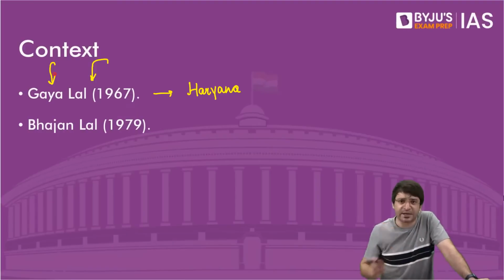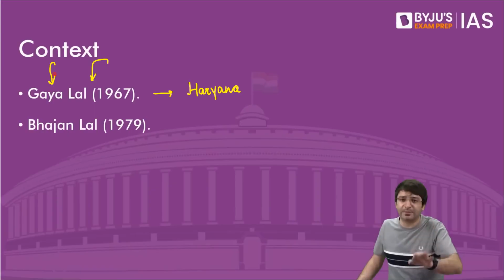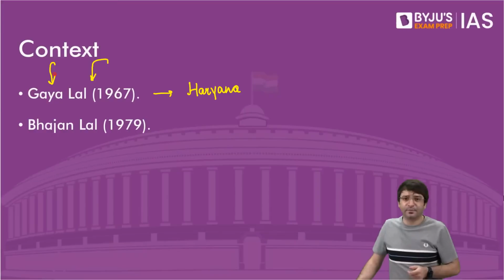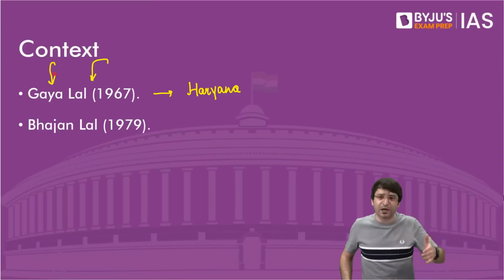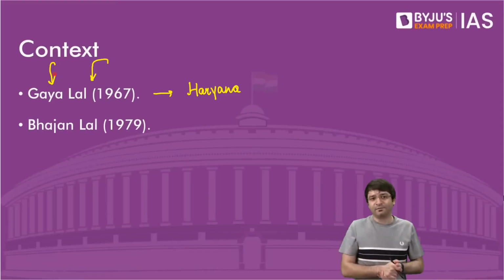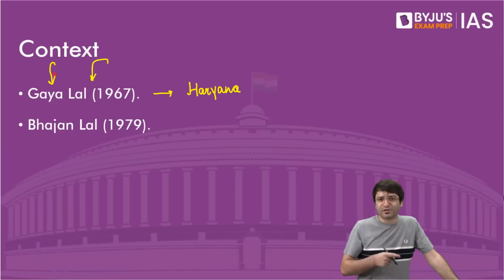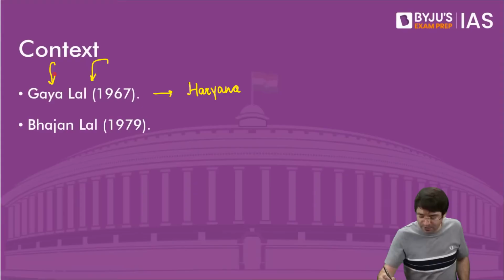Gayalal contested elections as an independent and he changed his party 3 times in 15 days. First, as an independent, he joined the Congress. Then from Congress, he joined the United Front. Then from United Front, he came back to Congress. One politician brought Gayalal to Chandigarh to face the media once he had joined their political party. And the press asked the question, whose side is Gayalal on? Because Gayalal is sometimes here, sometimes there. So we don't know on which side Gayalal is now. The politician said,